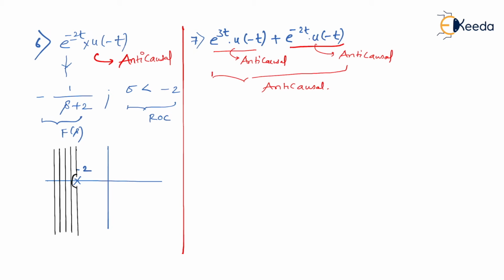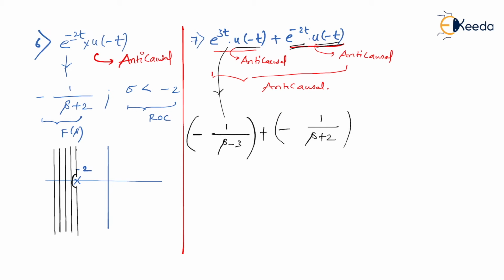Let us solve the problem. So let us use a trick now directly. The Laplace transform for e to the power 3t is 1 upon s minus 3. We know very well. Since it is multiplied with u of minus t, a negative sign will appear here, right? Now let's talk about the next. e to the power minus 2t will have Laplace transform as 1 upon s plus 2. Secondly, since it is also multiplied with u of minus t, it will also have a negative sign over here. Am I right? Since the Laplace transform is a linear combination as that mentioned in time domain, it would be the summation of the two together.